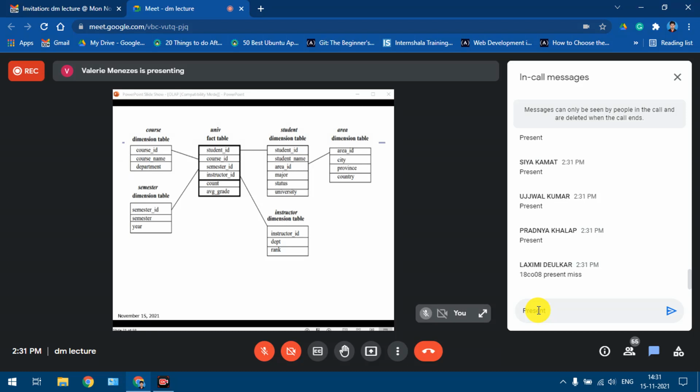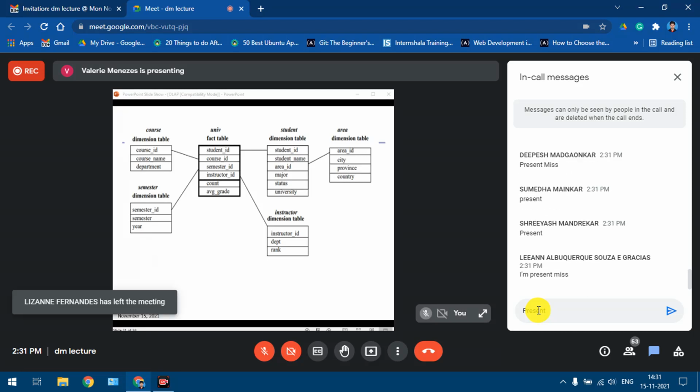Ujjwal, okay. Yeah, Lakshmi, I'm after present. Ditesh, Sumedha, Shriyash, Alian, I'm after present. Chevik, Merlin, Sania, Dattaraj.